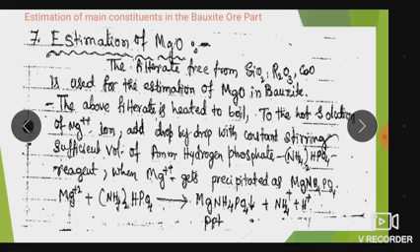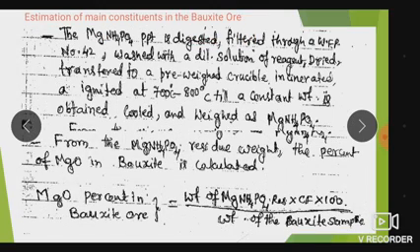The above filtrate is heated to boiling, and to the hot solution containing Mg2+ ions, add drop by drop with constant stirring a sufficient amount of ammonium hydrogen phosphate, (NH4)2HPO4 reagent. Mg2+ gets precipitated as magnesium ammonium phosphate: Mg2+ plus (NH4)2HPO4 gives magnesium ammonium phosphate, and this precipitate is digested, filtered through a Whatman filter paper